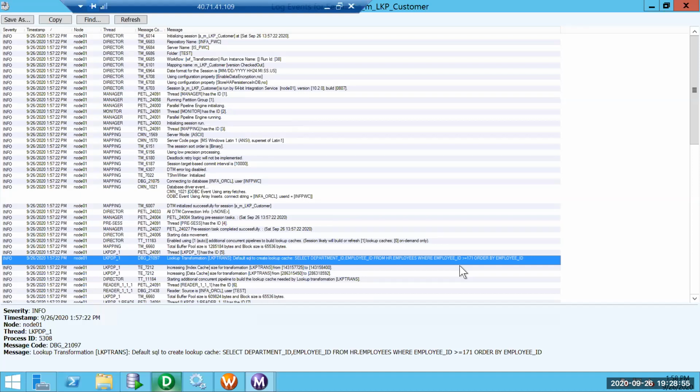But the sales orders, purchase orders, or shipping orders might have large volumes. So what is the point of caching them if we are not going to use them? Ultimately, building the cache consumes time. Here, since the reference data does not have a huge volume, we are not seeing the difference. However, if we are trying to cache millions of records, it is going to take a certain amount of time to build the lookup cache.